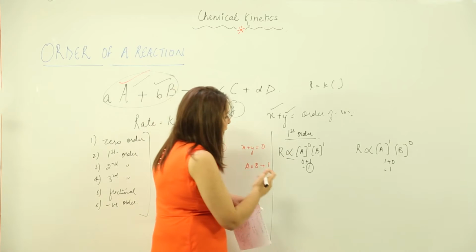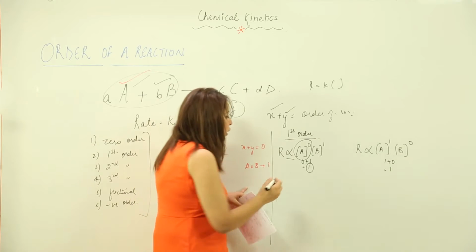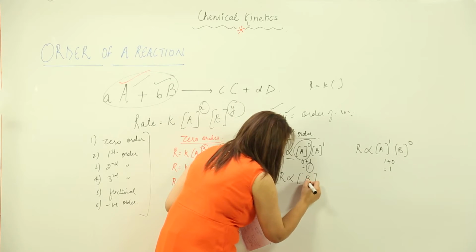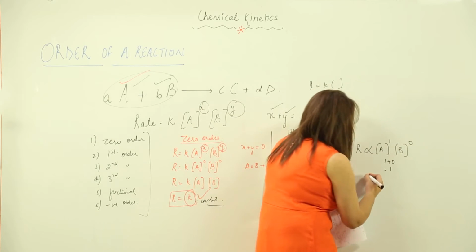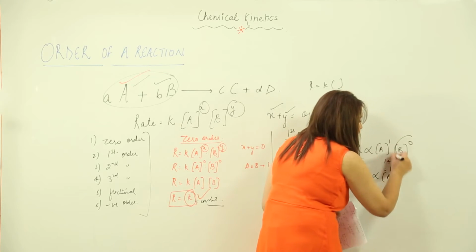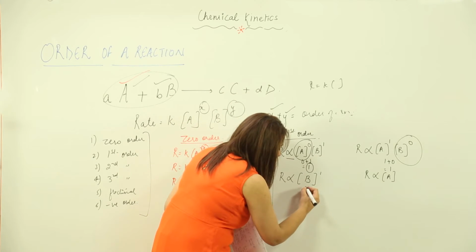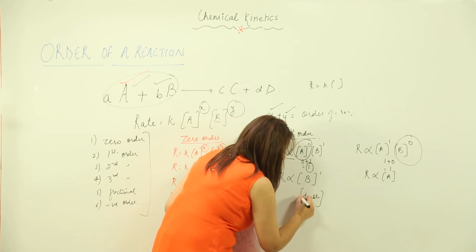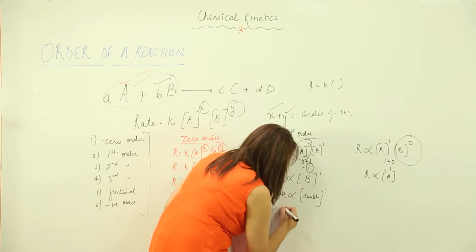So in this reaction, the concentration of A is not contributing towards the rate. So the rate directly depends upon the concentration of B. And in this case, as the power for B is 0, the rate is directly proportional to the concentration of A. It is hardly affected by the change in the concentration of B. So if I increase the concentration, suppose I make it double, we have 1 here, so the rate is also going to be double. It has a direct effect.